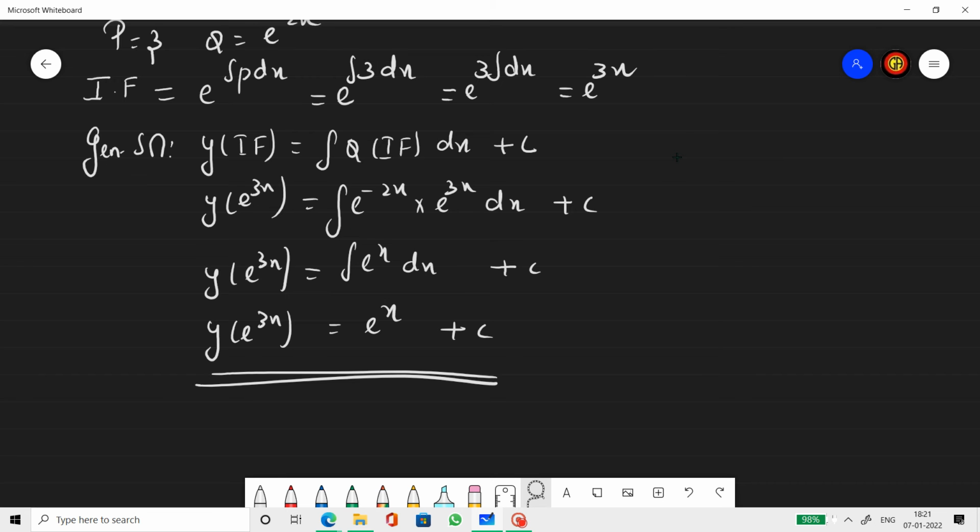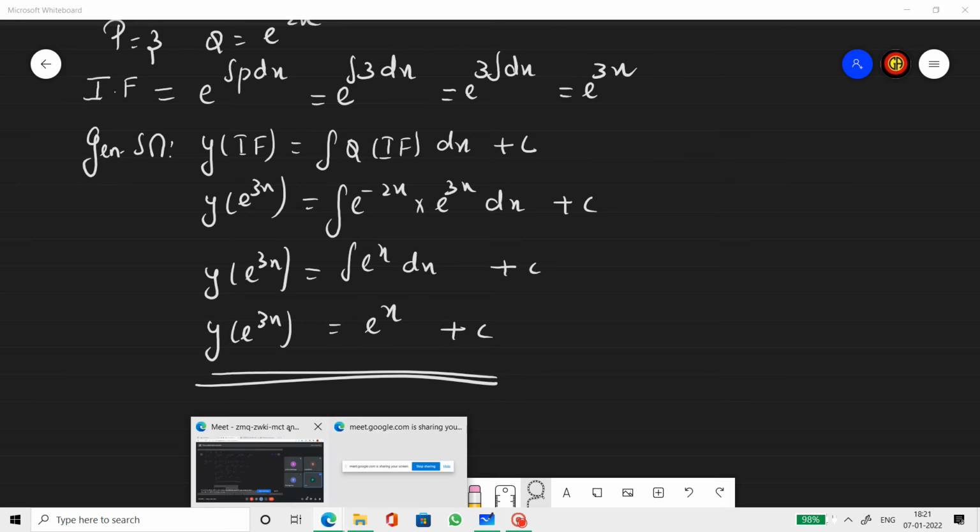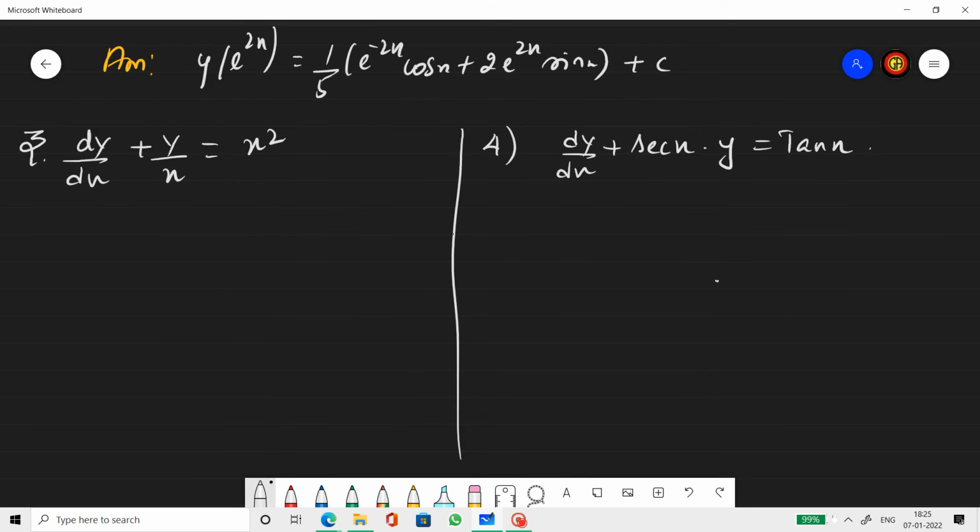Now here we come to a point where there are 2 e functions in product form. When the bases are the same, we add the power. So it becomes e to the power of x. Integration of e power x is e power x itself. So that's it. The sum is over. Okay, so third and the fourth question.